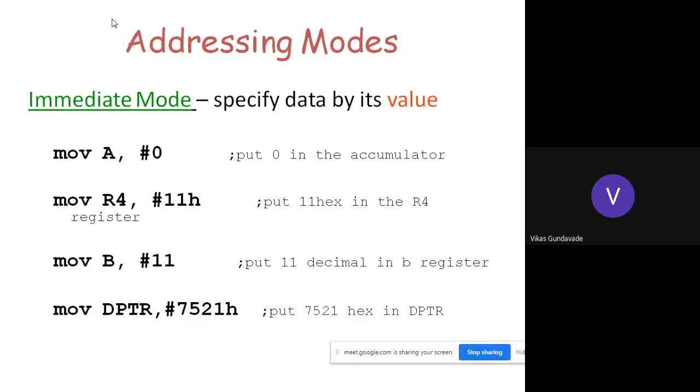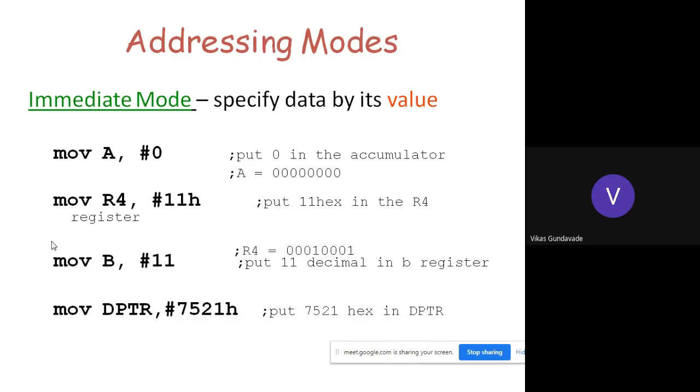What does it mean? Here #0 is the new data, and this new data needs to be transferred into the accumulator. So this #0 is the new data and that will get loaded into the accumulator. This type of addressing mode is called immediate addressing.